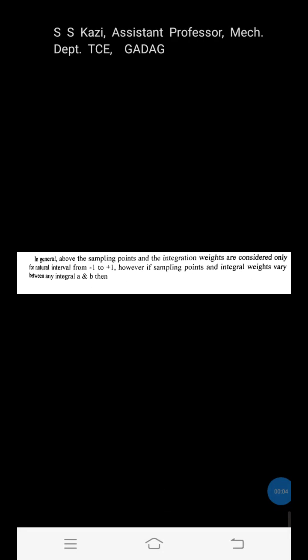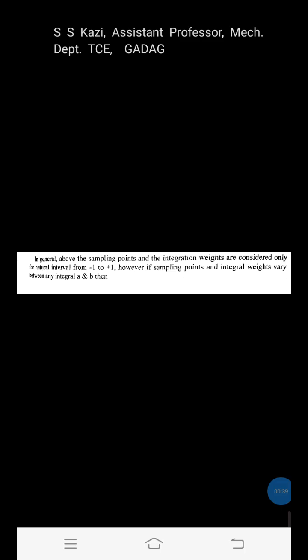In this video session, let us learn how to evaluate the given integral between the intervals a to b using 1 point, 2 point and 3 point Gauss integration method. In the previous video, we discussed how to evaluate the given integral for the interval from -1 to +1. Other than the interval of the integration -1 to +1, if the integral is between the interval a to b,